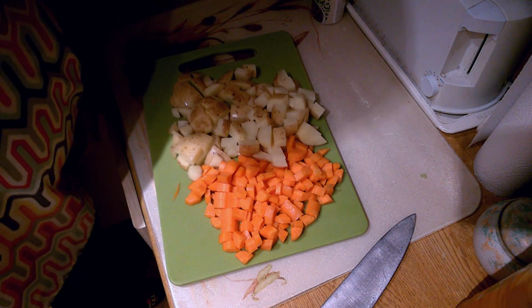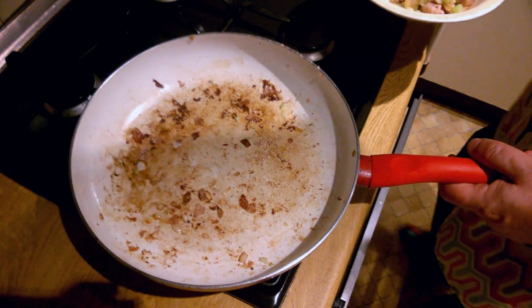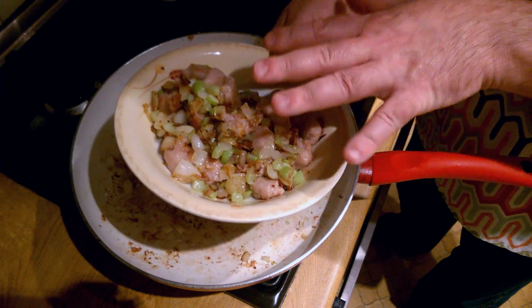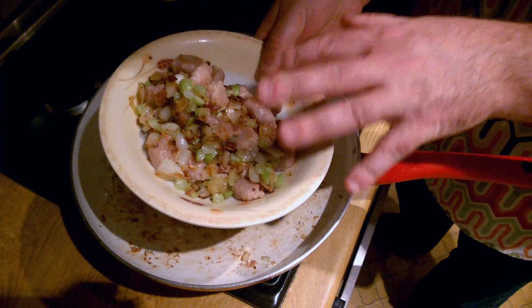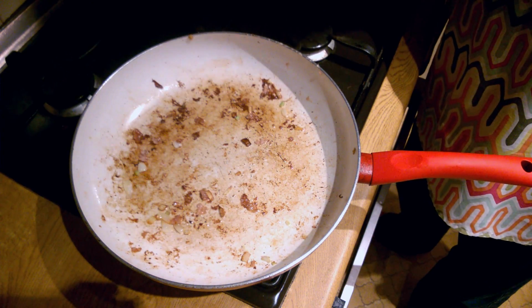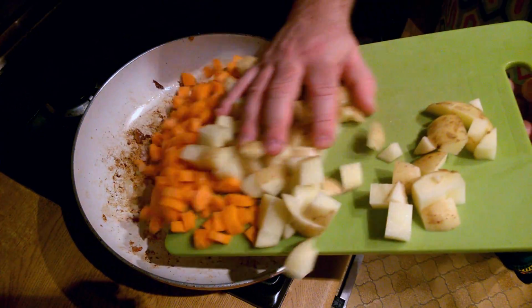Okay, let's head on back over to the cooker and see what's going on over there. Okay, so back over here at the cooker, the sausages and vegetables took a little bit of colour and browning, and they're not quite cooked yet, but they're starting to brown off. So we've just taken them out of the pan into a bowl for the moment, while we go in with the